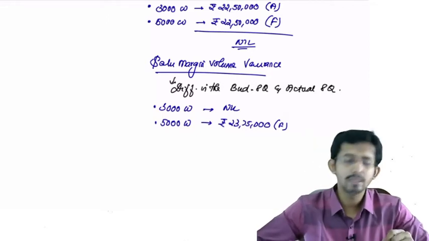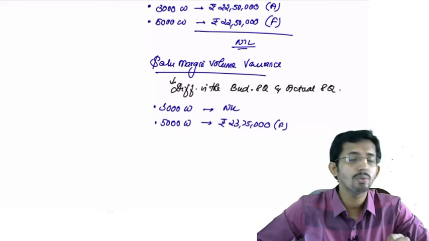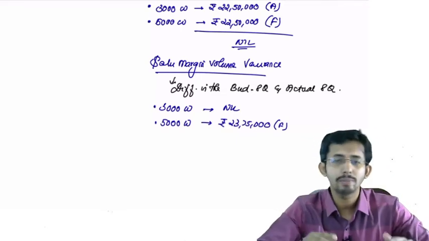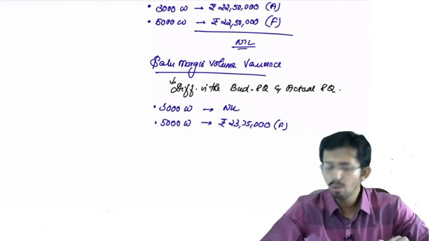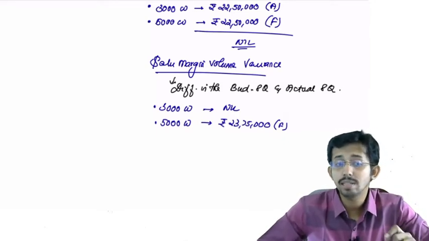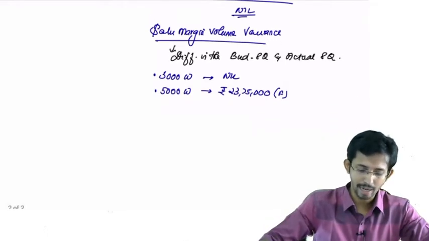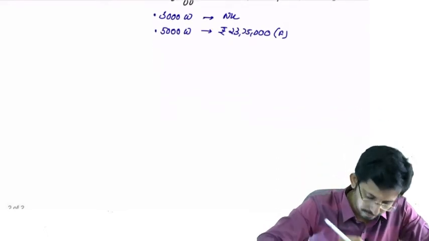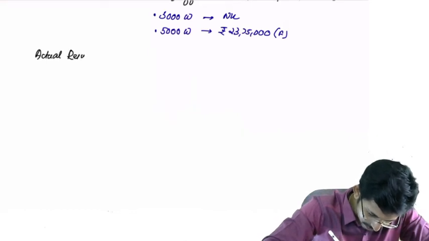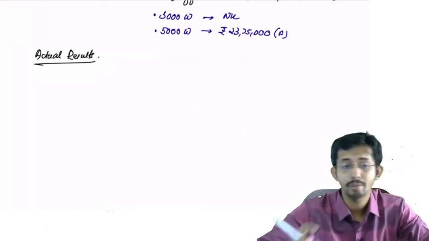Okay, and now the managing director as usual has asked for the opinion of the cost accountant, and this mail and the figures have been forwarded to you, and you got some information from the department. That is the actual results for Jan 2019. So you are comparing the budgeted results with actual results. Let's see what is the information available.